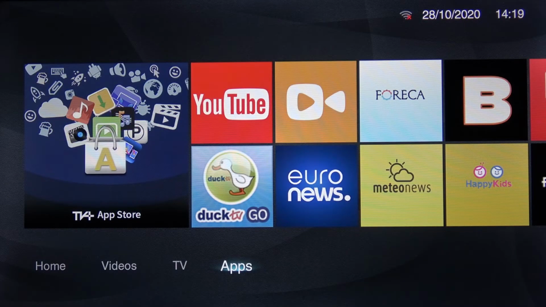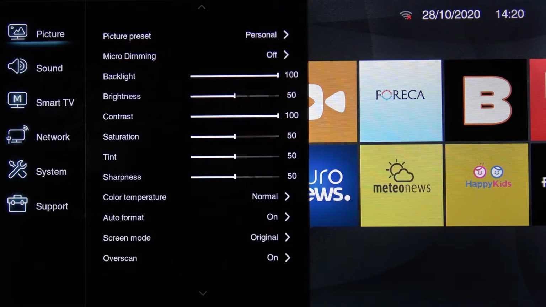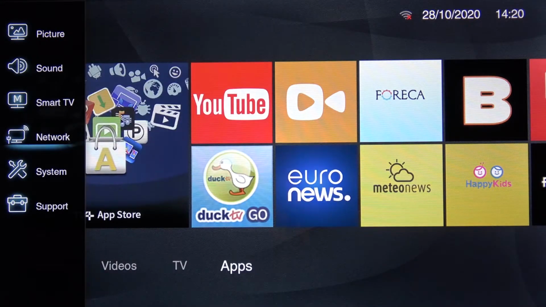Welcome, in front of me is a TCL 32-inch smart TV, and today I'll show you how to change date and time settings. So to get started, we'll need to go into the settings. From there, scroll down to System,